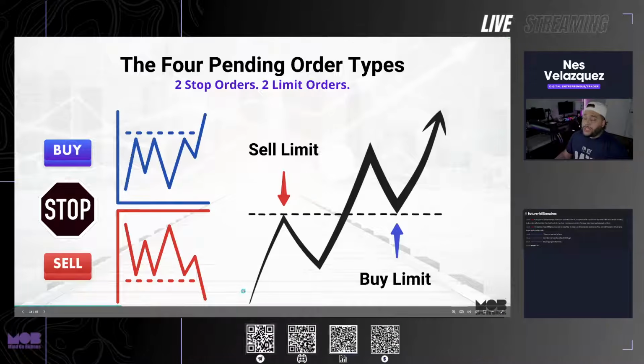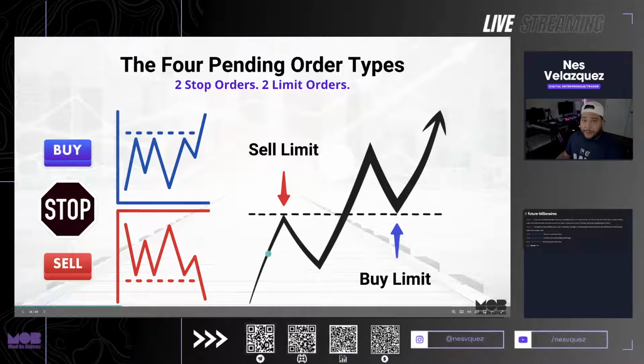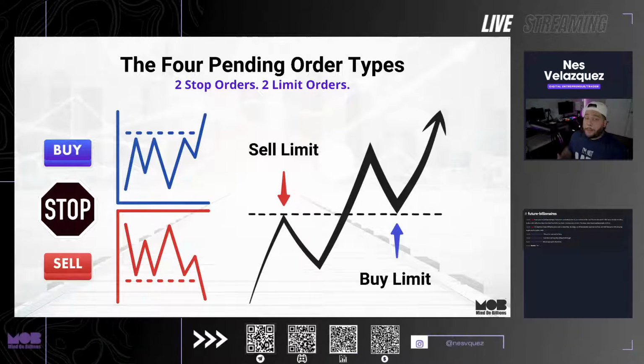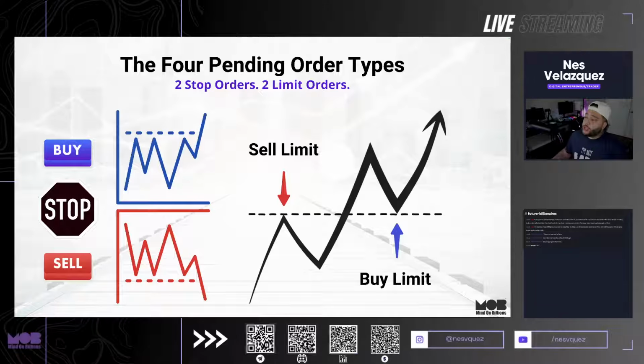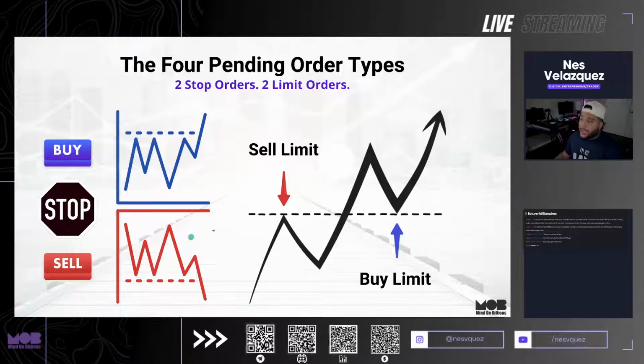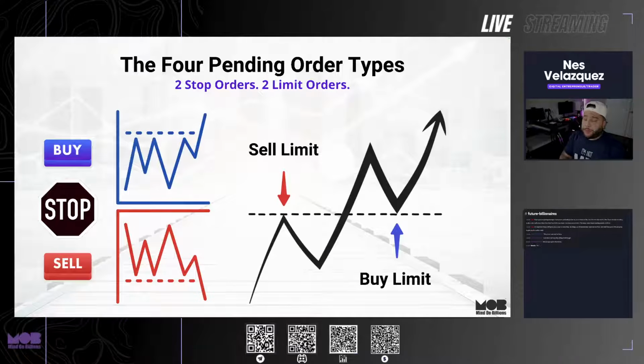Now, when we're looking at limit orders, sell limit and buy limit, it's a little different because this is based on our anticipation that the market is going to bounce from a certain level. So, for example, if I want to place a sell limit, I'm going to place the sell limit above where the market is currently at. This is different than a sell stop. A sell stop, I'm placing below where the market is at. A sell limit, I'm placing above where the market is at. So as soon as the market touches it and goes back down, that is when it activates. So I was counting on that resistance point, that sell zone, so to speak.